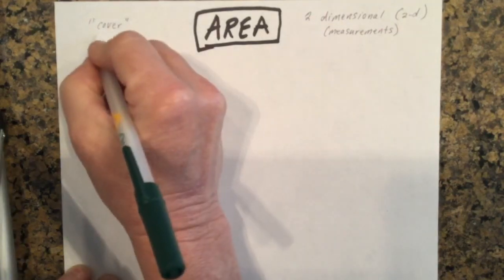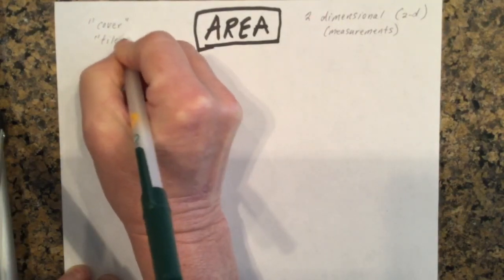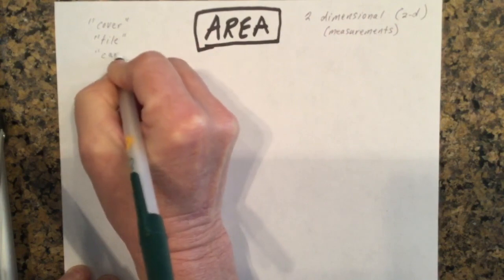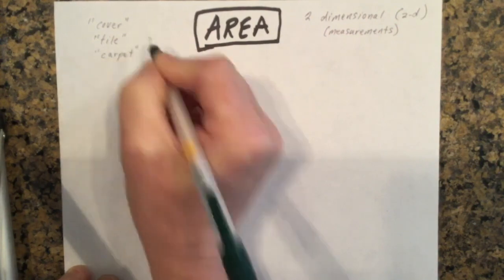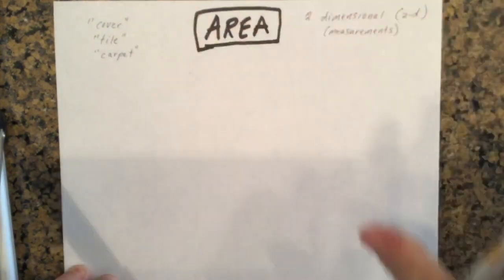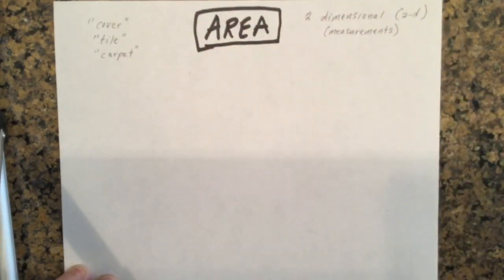We also have words like tile and carpet as keywords for area because they cover the entire floor with a tile or they cover the entire floor with carpet. So there's lots of different keywords that we could use for area, but anytime you're trying to cover a flat surface that's two-dimensional, you would be using area calculations, okay? All right,